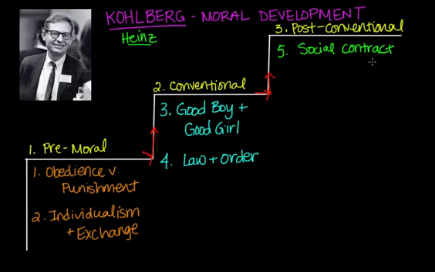In the social contract step, the individual becomes aware that even though rules and laws exist for the good of the greater number of people, there are times that this law and order still may work against the interest of particular people. So the issues aren't always clear-cut. For example, in Heinz's dilemma, was the protection of life more important than breaking the law against stealing? According to people that reach this level, level 5 of the social contract, yes, the protection of life is more important than breaking the law and stealing, which is down here at level 4.